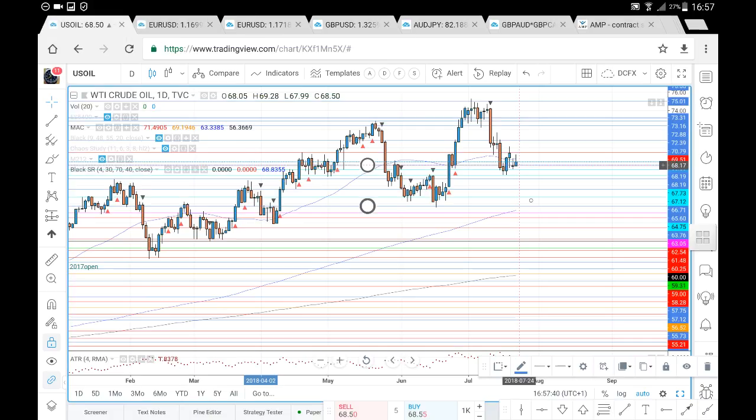And finally on the daily chart, we can see here we've had this very strong move to the upside, went into this consolidation beneath the $75 barrel, didn't have a bull flag break to the upside. What we did instead see was a sharp pullback here on the US oil. We've gone into a bit of a consolidation at present,